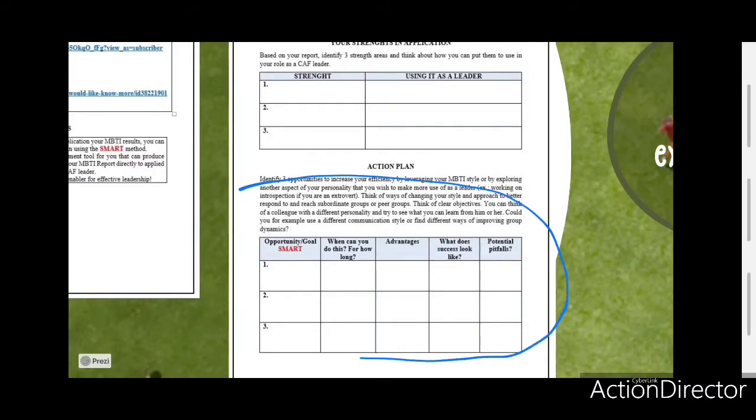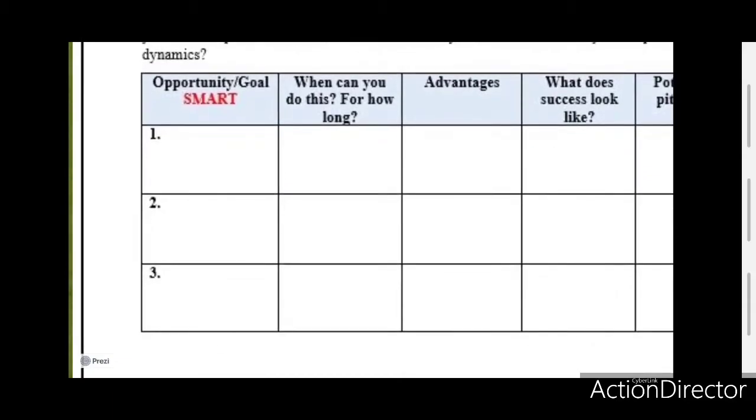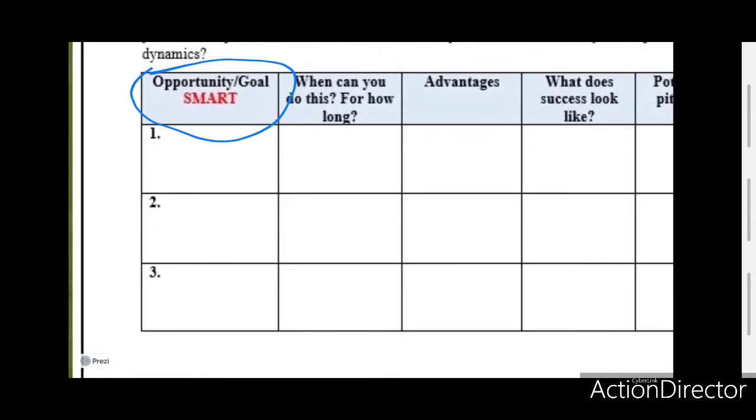The bottom part, this part here, is all about those SMART goals. So this is where you will be putting areas of improvement, for example. So the first section of this particular document will detail opportunities or goals. So here, you will identify that SMART goal. You will formulate it in a way that is achievable, timely, all that information I just passed on to make sure you can get there.